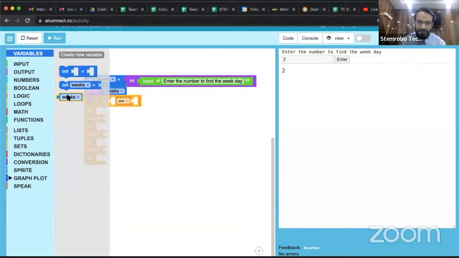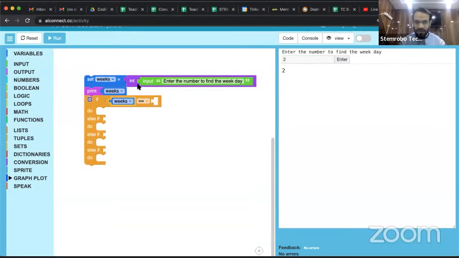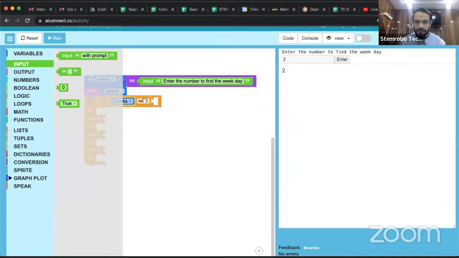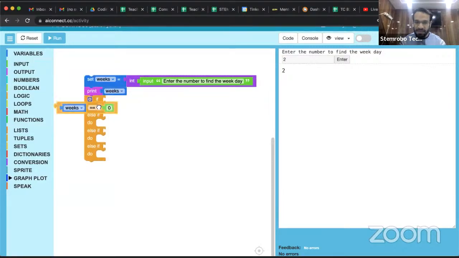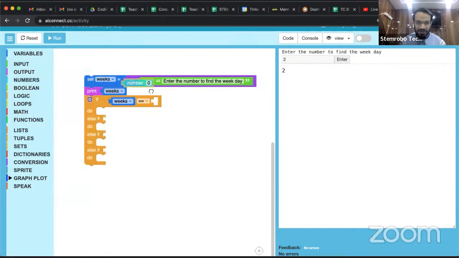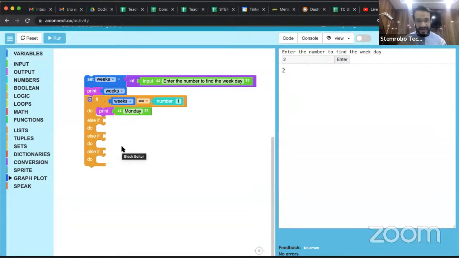तो मैंने पहले कंडीशन क्या लगाई, मैंने ऑपरेटर यूज किया कि अगर वेरिएबल्स की वैल्यू जो है किसकी इक्वल है, इनपुट 1, या आप नंबर 1 भी ले सकते हो, चलो हम सेम रखते हैं, sorry, let's keep it same. मैंने लिया उसका नंबर 1 कि अगर जो नंबर यूजर एंटर कर रहा है that is equal to 1, तो क्या प्रिंट होगा स्क्रीन पे, स्क्रीन पे प्रिंट होगा मंडे, राइट, यस। तो प्रिंट होगा मंडे।